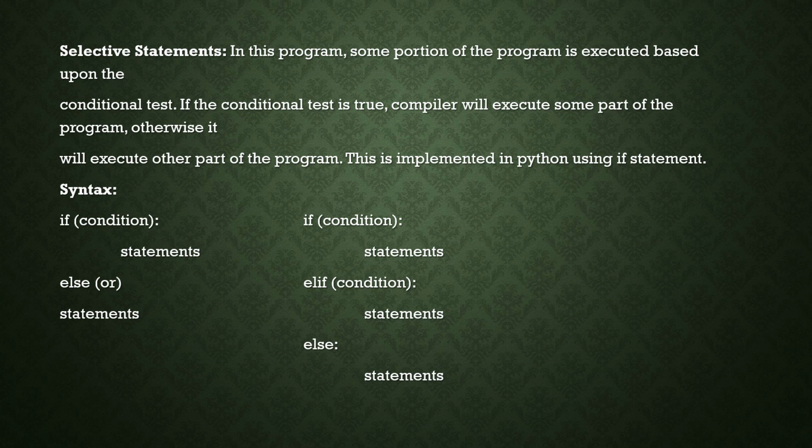Otherwise, if you write the statements straight away, at the same level as the if, then what happens is that condition will be neglected, so the statement will be executed. And elif means else if, again we have to use some condition, and again we have to insert horizontal tab and then statements. Again else, if above two conditions are false, then else will be executed. Okay, these are about selection programming construct or selective statements.